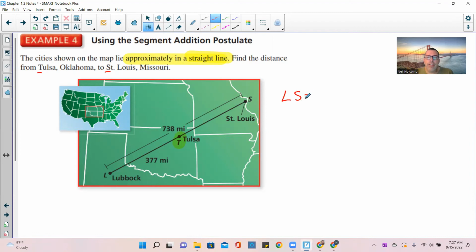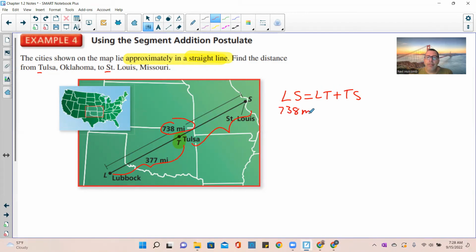The length of LS equals LT. So I'm talking about this piece right here, LT, plus the distance from Tulsa to St. Louis, which is TS. Notice the middle letters are equal, and if you get rid of them, you get LS, and that's the name of the whole thing. So LS equals LT plus TS. Write the formula. Step 2, substitute the givens. Well, LS is the whole thing, and that is given